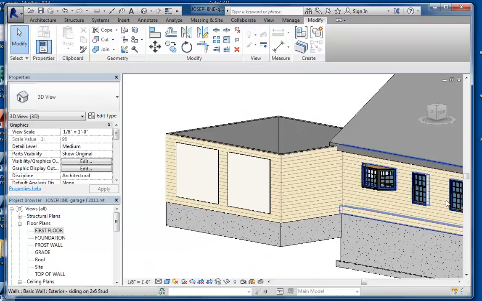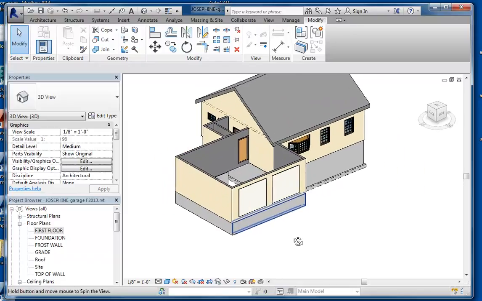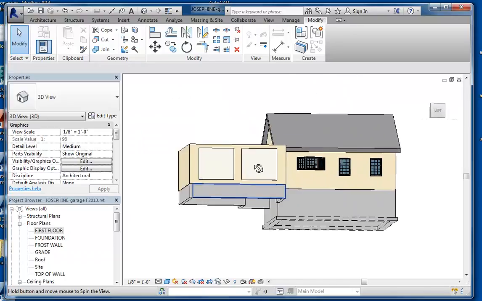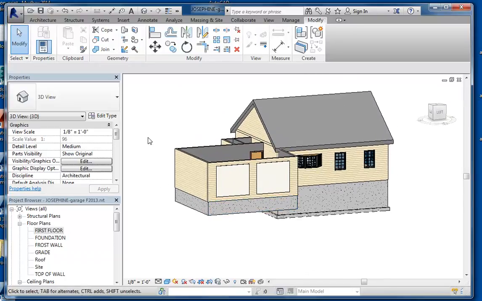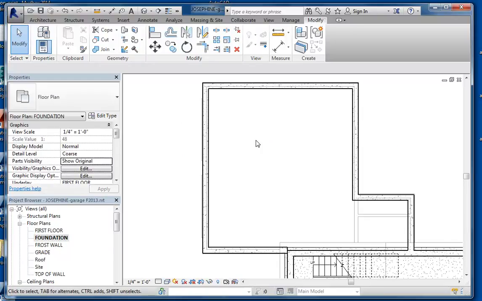So if you went around and did that with all of your floor, then it would just cover that little gap that's missing there. All right, so far so good. Now what we need to do here is add our footing, and then we're going to add our slab at the right level. So let's go back to the foundation plan, and I want to add a footing to all of my